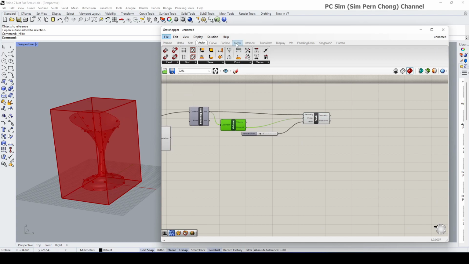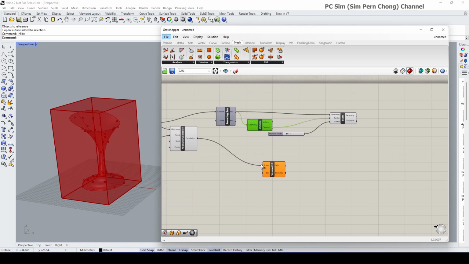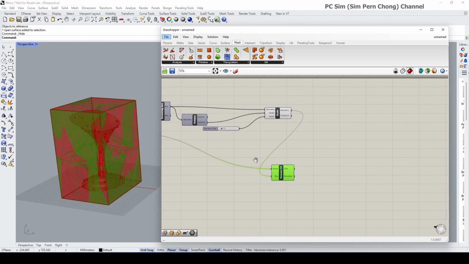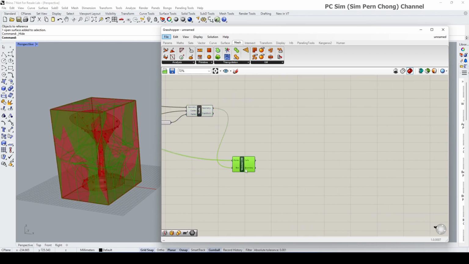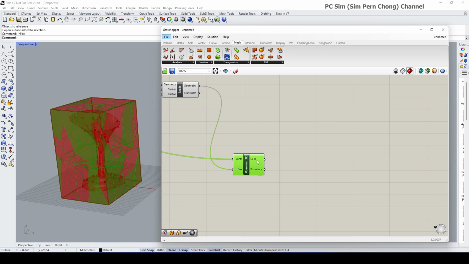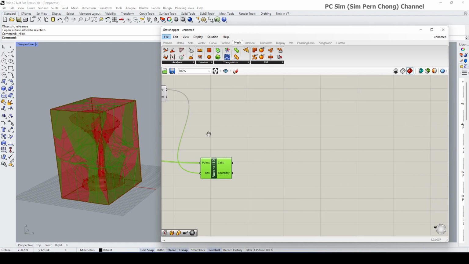Okay, go to Mesh, Triangulation, Voronoi 3D, plug this here. Geometry is the box. Now I'm going to use the cells of the Voronoi 3D to intersect with the surface to get curves on the surface. Okay. To do that, we can use intersect,